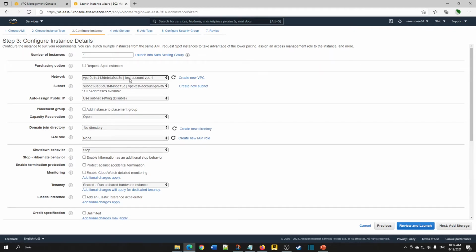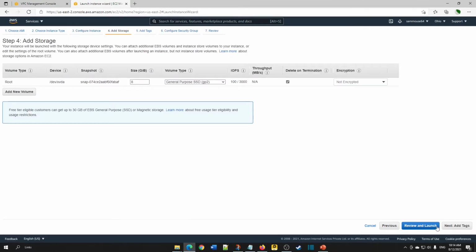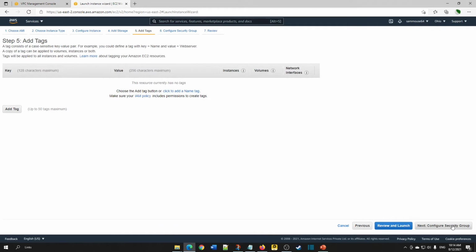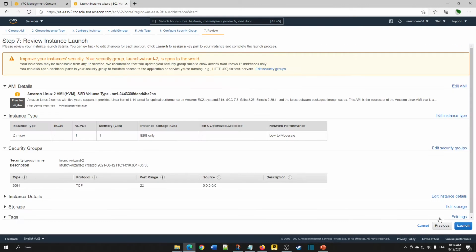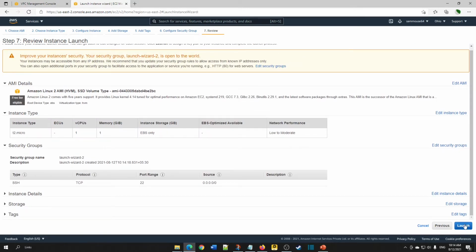Choose the correct VPC, the custom VPC we have created, and the subnet is a private subnet only. No need to assign a public IP since this is a private EC2 instance. You can leave it as it is. Click on next. Click on add tags, security group. We'll change the security group for this later. Click on review and launch. Click launch.